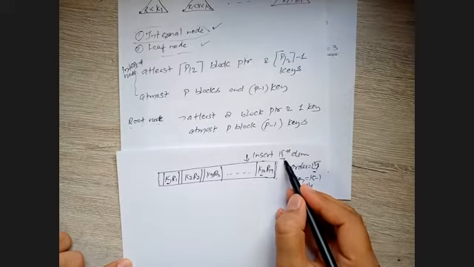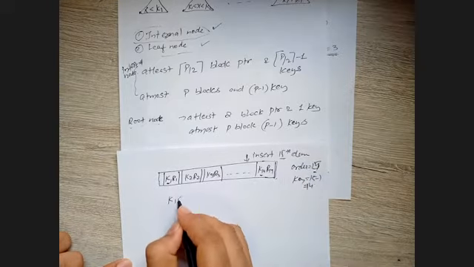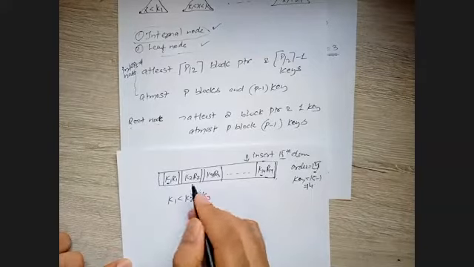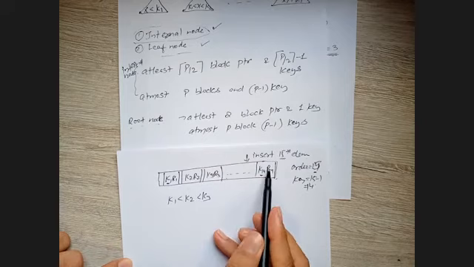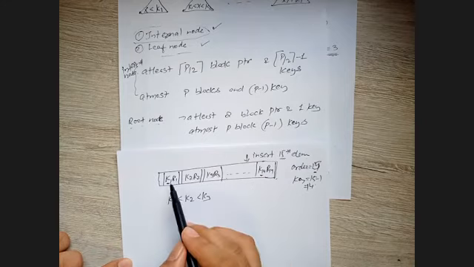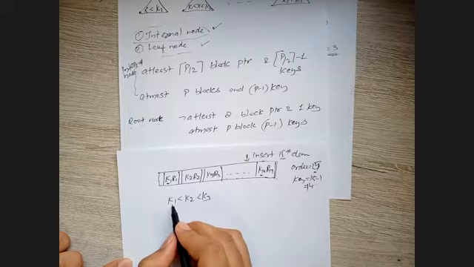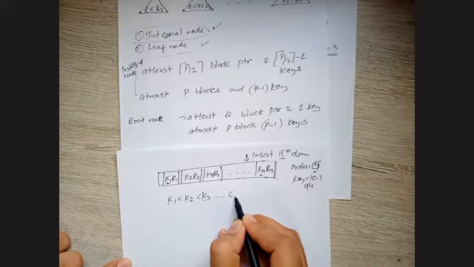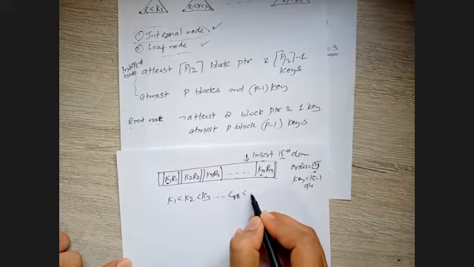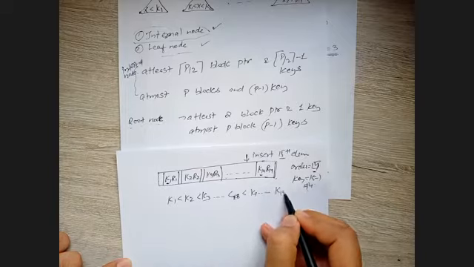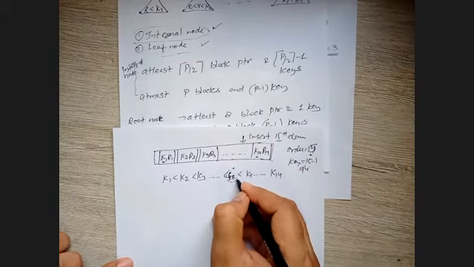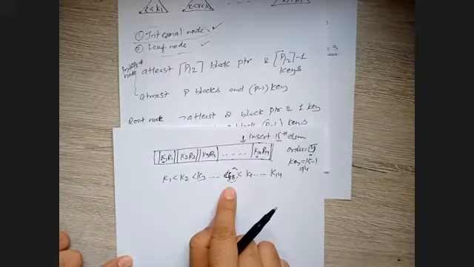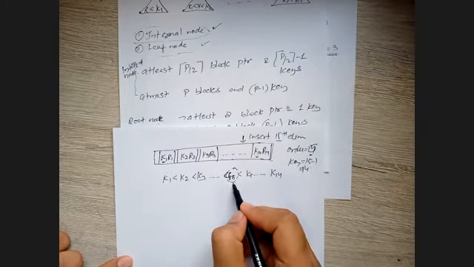But when you insert the 15th key, remember K1 less than K2 less than K3, we know that when we insert the value, these are all sorted. So whenever you insert any value in this node, these will be in sorted order. So K8 will be here, and then K9 and so on up to K14, right? So this node will be split, because we have exceeded our order.